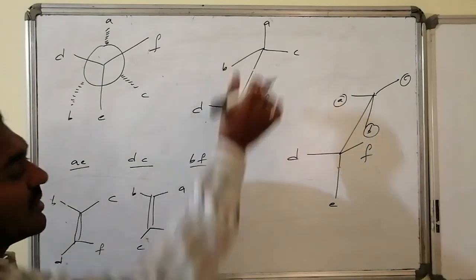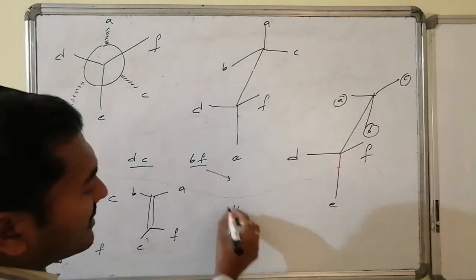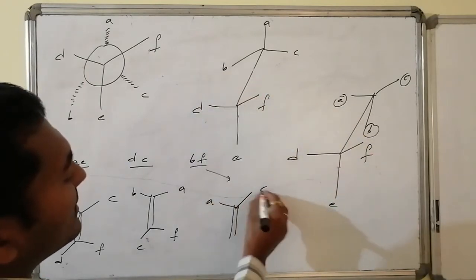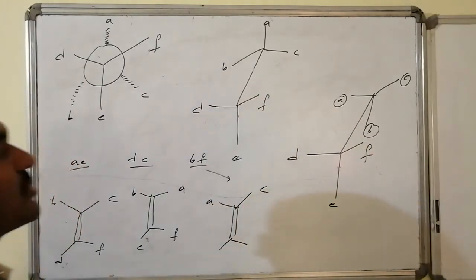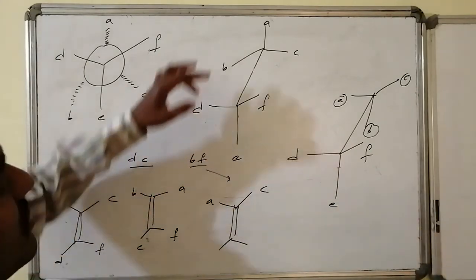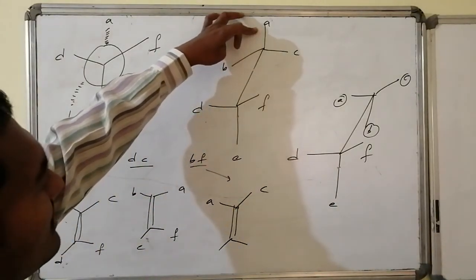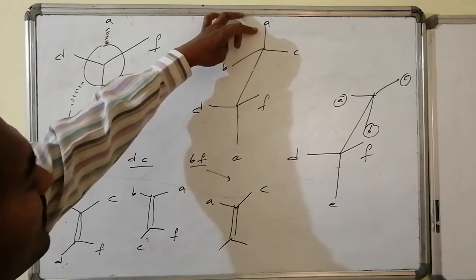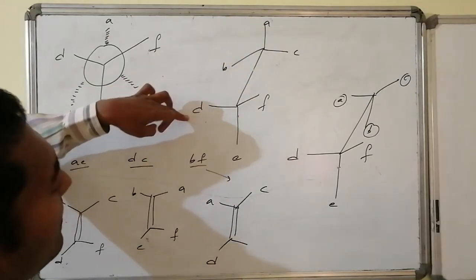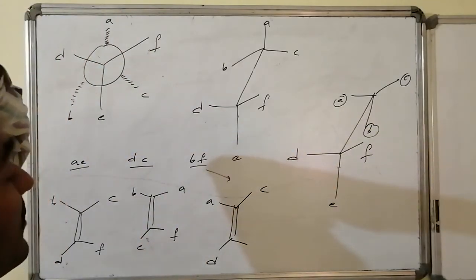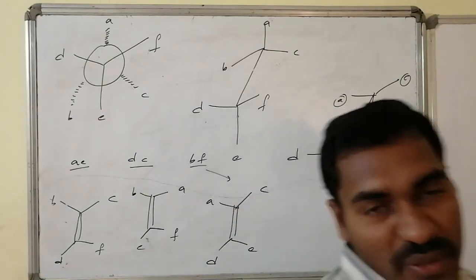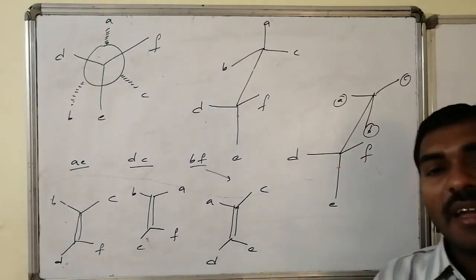here. These two groups are eliminated. The remaining valence is present on the top carbon atom. After elimination of B, this is AC, and two valencies are present. Those are F is eliminated, implies D and E. So therefore to the A, the minimum separation is present from D, so therefore this will be D, and here the eliminated group is F, implies remaining one is what, E. In that way stereochemistry is present for the anti-eliminations.